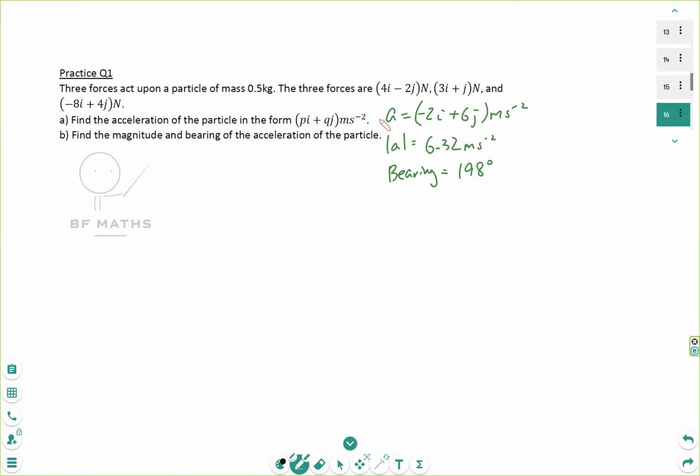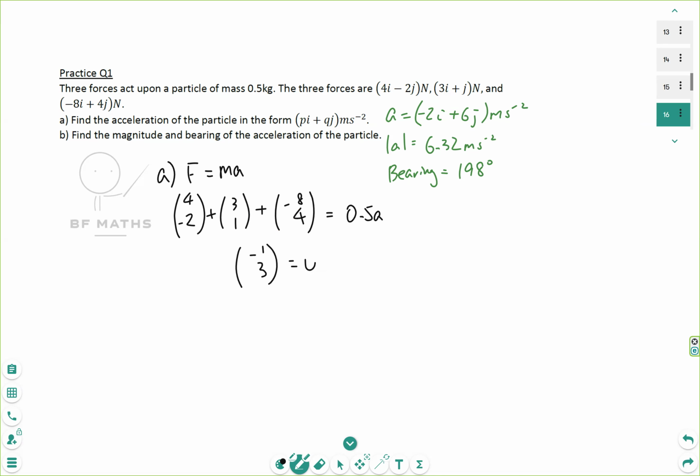So find the acceleration. So we know F equals ma. Question A, F equals ma. To find the F, we add up all the vectors together. 4 minus 2 plus 3, 1 plus minus 8, 4 equals 0.5 times a. So if you simplify the left-hand side, numerator, I keep saying numerator, left-hand side is minus 1, 3 equals 0.5 a. And then if you divide by 0.5 means doubling the left-hand side, you get minus 2, 6. The question wants us to put in i and j form, so we have to write minus 2i plus 6j meter per second